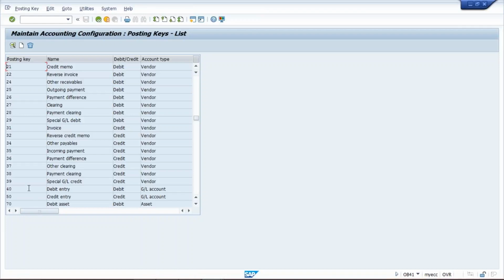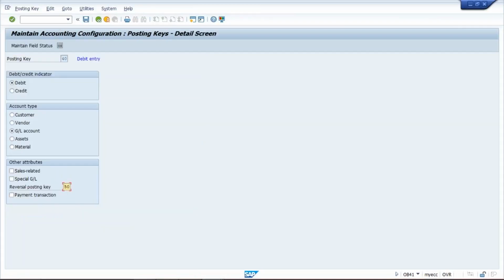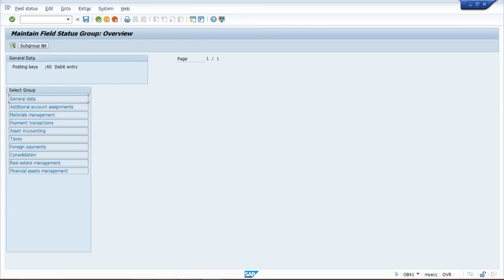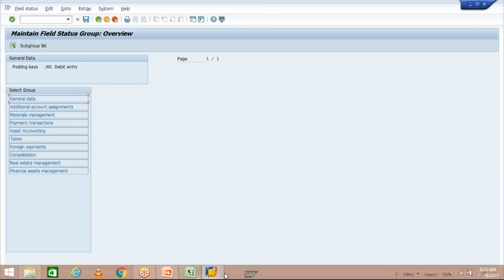How is it going to control? Let's suppose I double click on posting key 40. Here it is going to decide whether it is debit or credit. It is also going to decide the account type. It means whether we are going to use this posting key against GL or customer or vendor. Okay, now what will happen? The major important thing which you have to see: click on maintain field status. See here also we have all those things, whatever settings we had